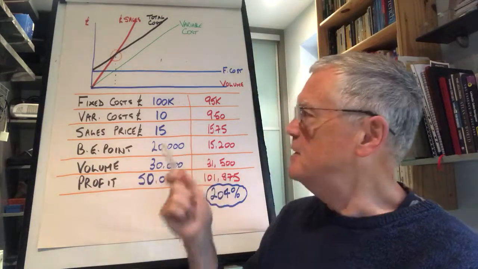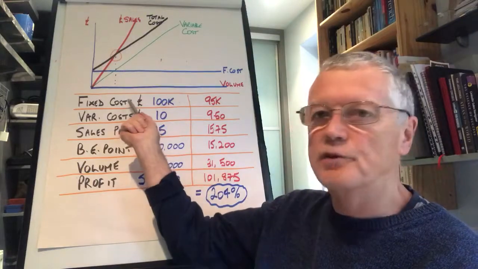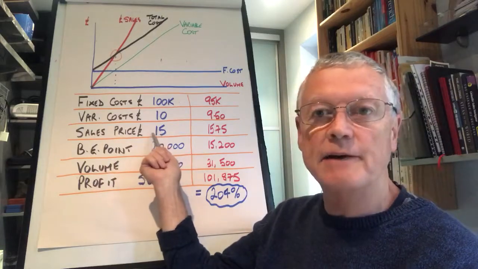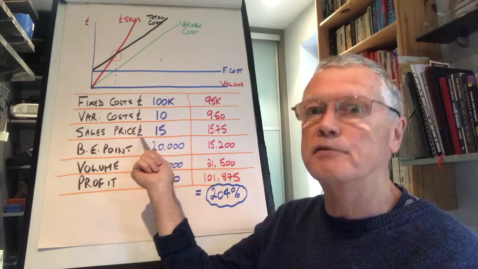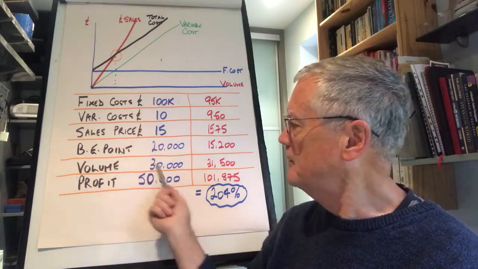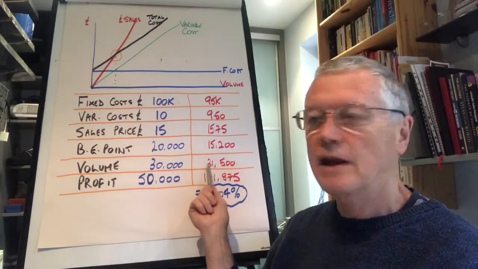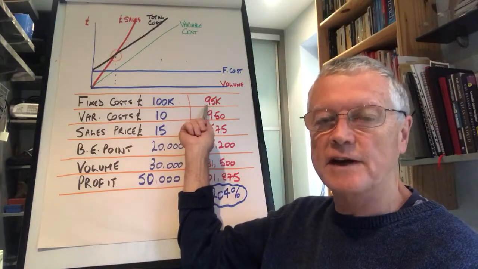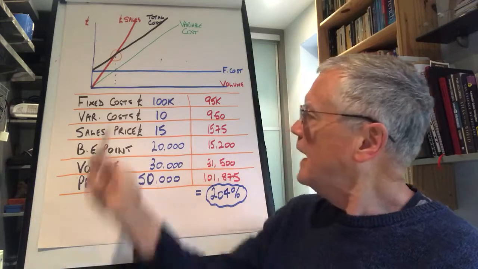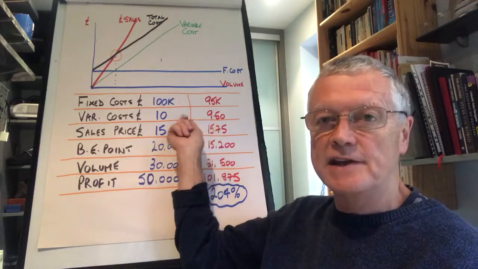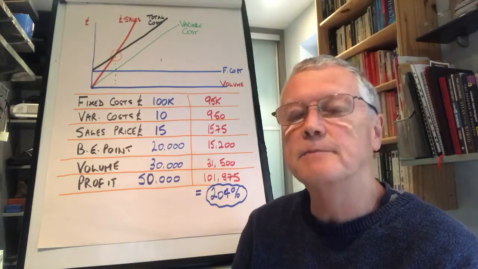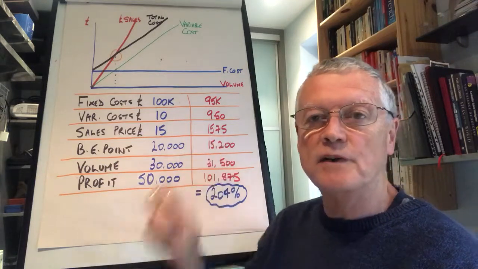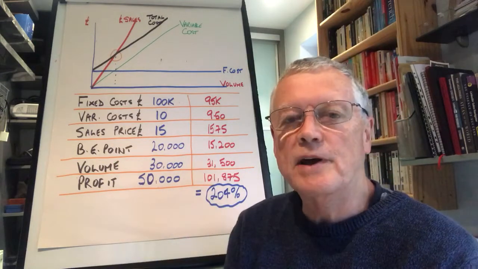So what we're saying now is if we could just make a 5% improvement in our costs, so reduce our costs by 5%, and if we could increase our average price that we get on everything we sell by 5%, and if we could sell an extra 5% by volume, then the numbers look totally different. Our fixed costs are now 95,000 instead of 100,000, and our variable costs are £9.50 instead of £10. So they're only slight reductions. Our sales price is now £15.75,